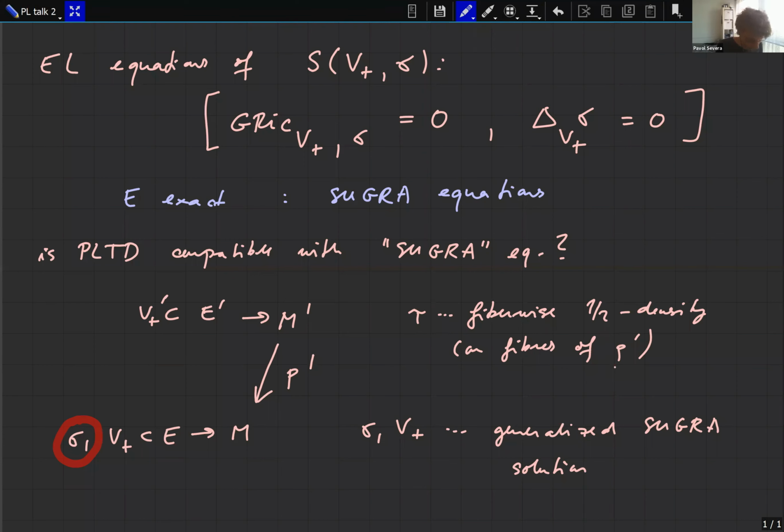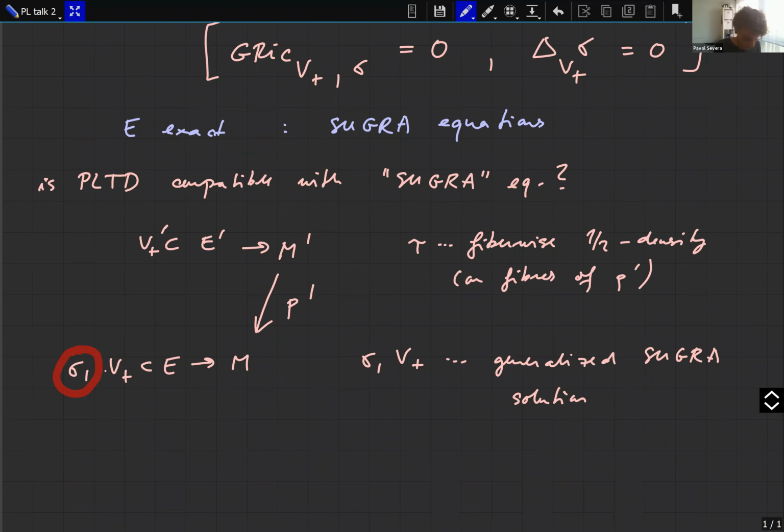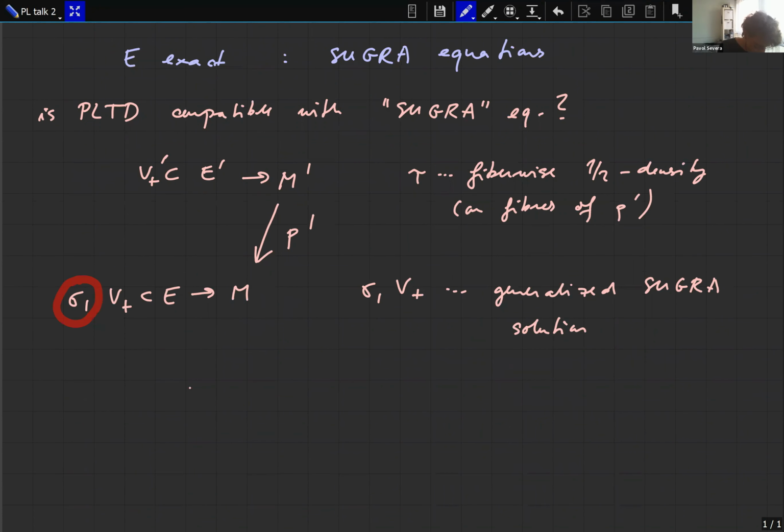Then we could pull it back simply by pulling back sigma and then multiplying it with tau, right? So we can then take p prime star of sigma times tau. That's a half density. But now the problem is whether this operation is compatible with the action of the Laplacian. So whether it is true that if you first act with the Laplacian and then pull it back, it's the same as if you first pull it back and then act with the Laplacian,